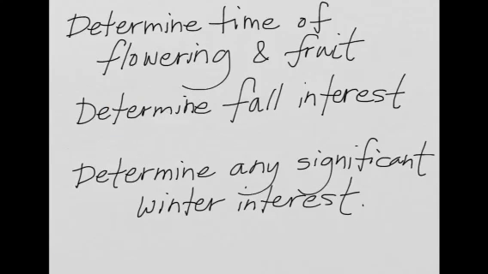So the way that we're going to use this, especially in one of your assignments for this module, is to look at providing seasonal interest in the landscape year-round. That may be one of your goals in a landscape, not always, but it's good to know when these plants are flowering and fruiting for your identification purposes, for also plant selection for seasonal interest, and being able to provide